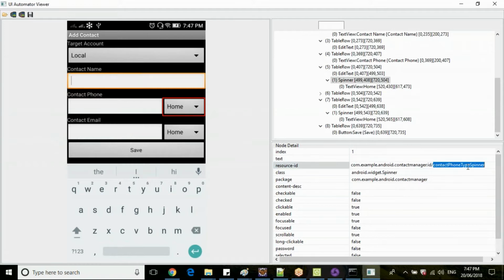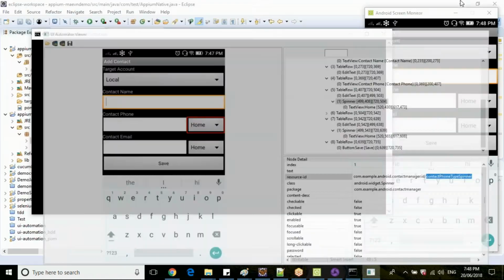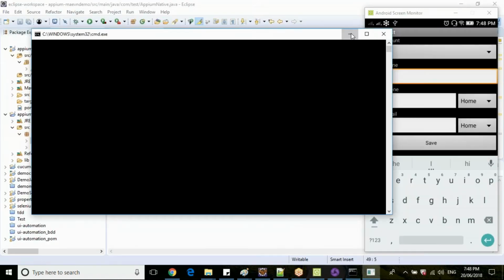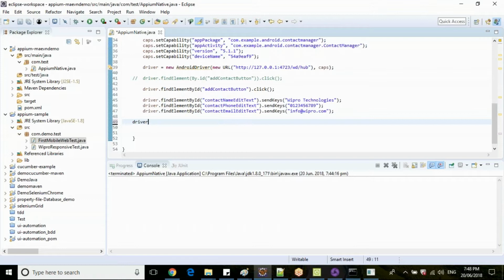So if you want to work with select method, the android.widget.Select class needs to be available. So the developer should write the code with select class. So let's copy this ID now and write the code here. Let's see if you are able to work with select class. Otherwise, we need to use the click operations. Select. Let's give a name.